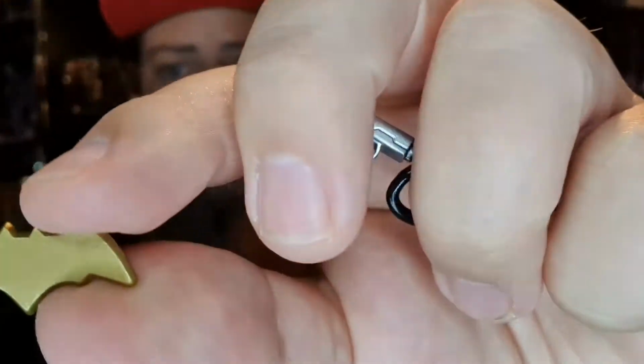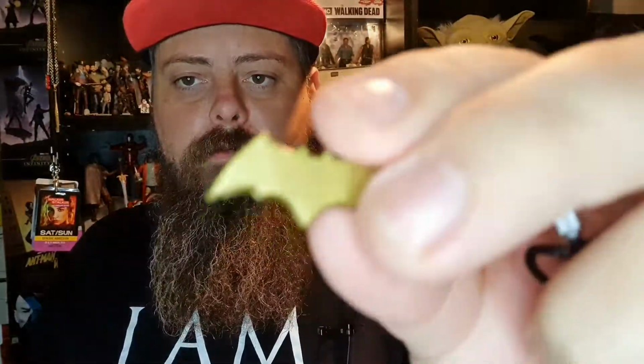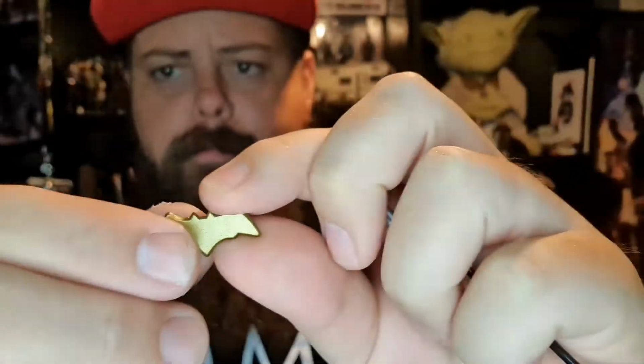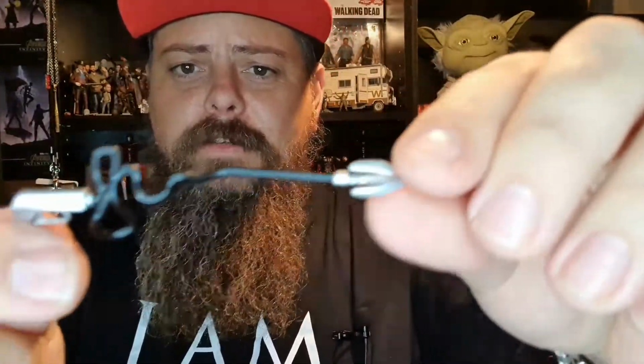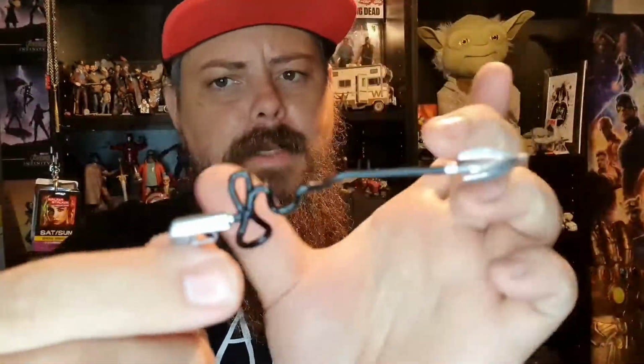So the first thing is this rather large Batarang in a gold colour for Batgirl as opposed to the silver or grey of Batman. That is a big Batarang, at least it stops her warping. And then next up is her grapple hook gun with a pre-fired line, or in the middle of firing, which I think I like. It's better than just having a piece stuck to the end, so it could look like she's actually